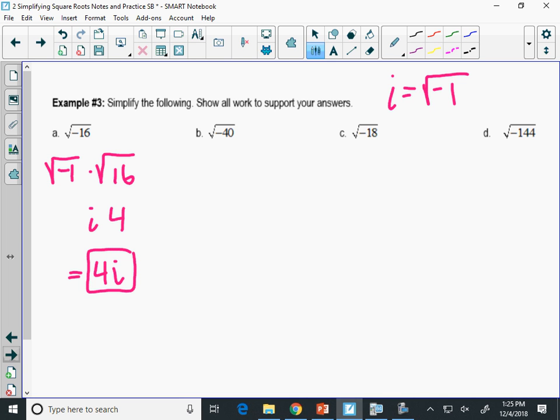That's how you can do i in front of the 4, but the way you're going to see it written is the i at the end. So that's equal to 4i. That's the answer. If I had the square root of negative 40,